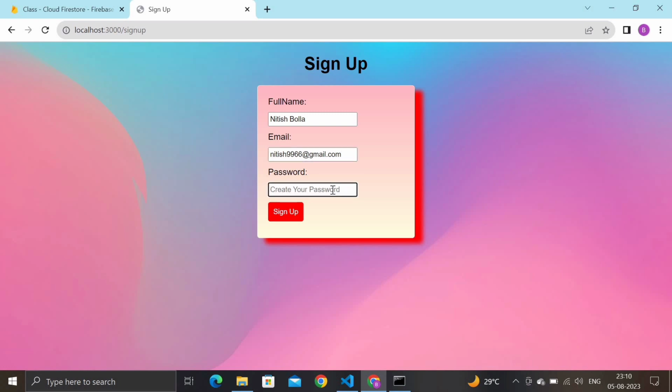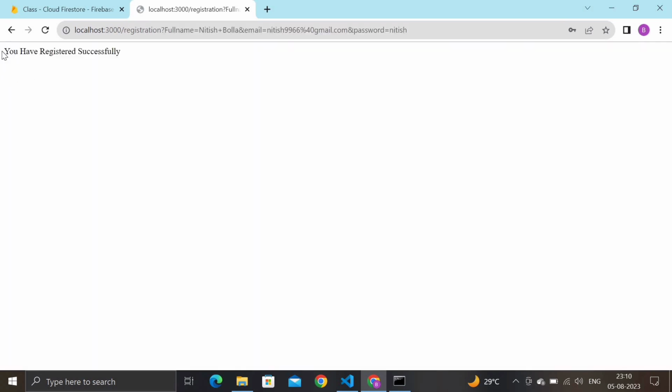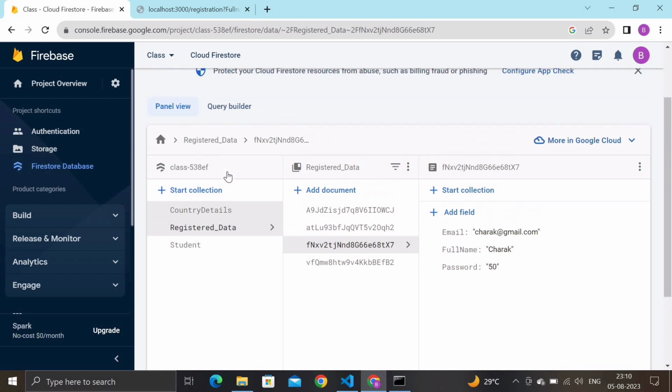And I am giving the password. And then click the sign up button. Here you can see the message generated by the server. We have registered successfully, and we can check the registered data